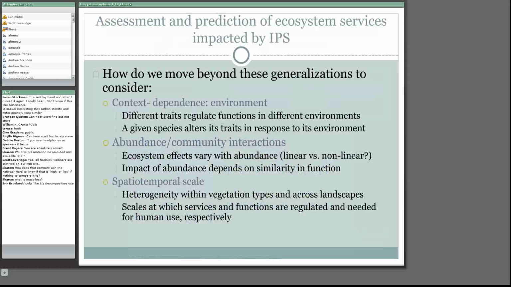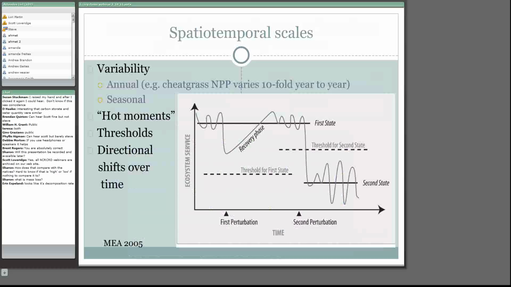So finally, the spatial and temporal scale. Talk about the heterogeneity within vegetation types and across landscapes. The scales are changing, and the scales at which services and functions are regulated and needed for human use are correlated. So a couple of examples there, and this is from the Millennium Ecosystem Assessment again. If we look at variability,